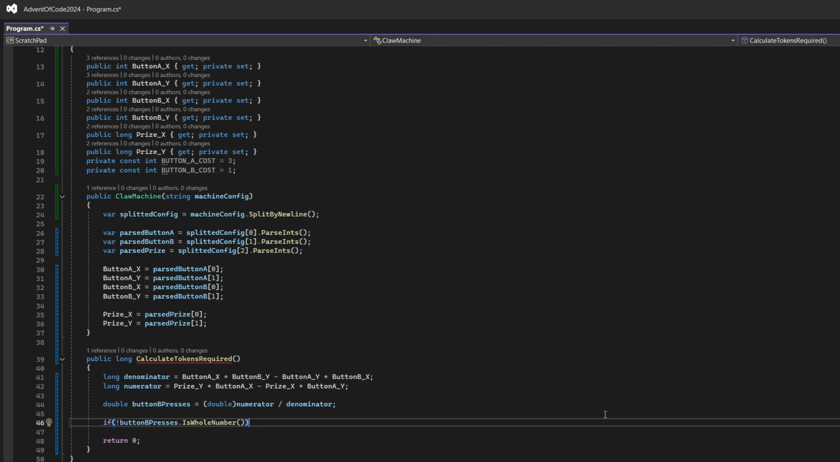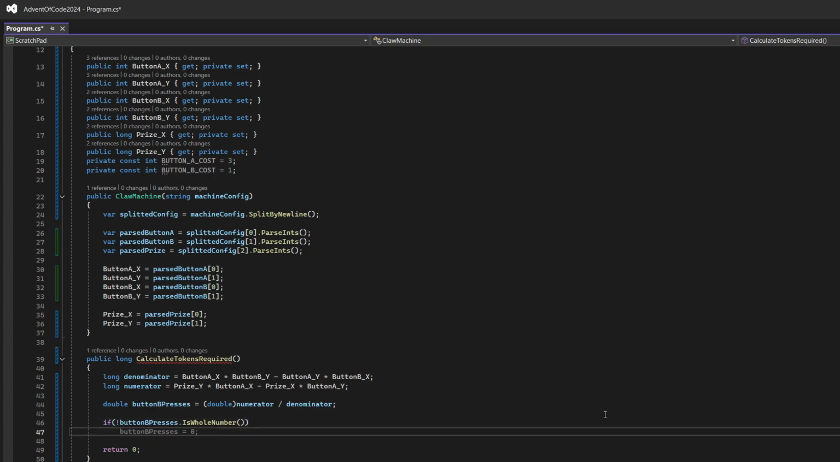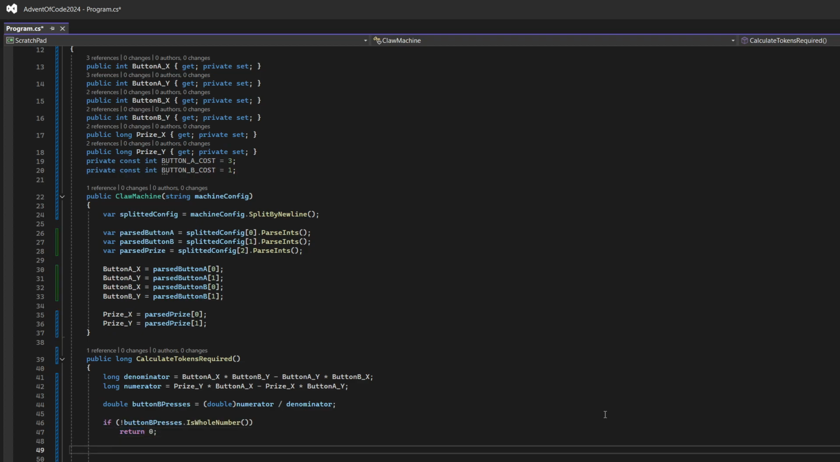But it will basically check that this is parsable to a long or int, depending on what you want. So if it's not a whole number, we will not be able to reach the price with this machine. So then we just return 0 in this case. Now we will calculate the button A presses, or how many presses of the A button are required,